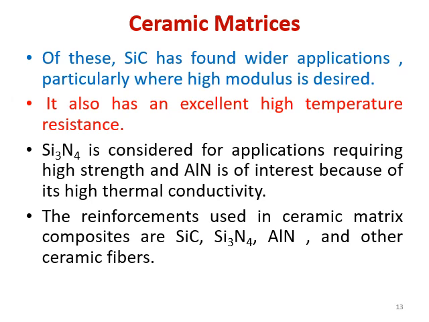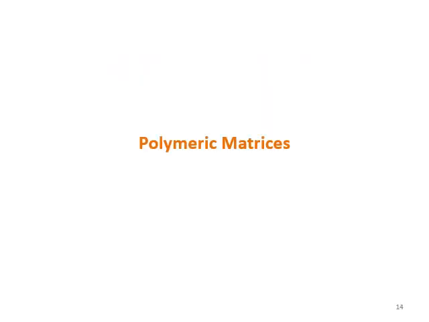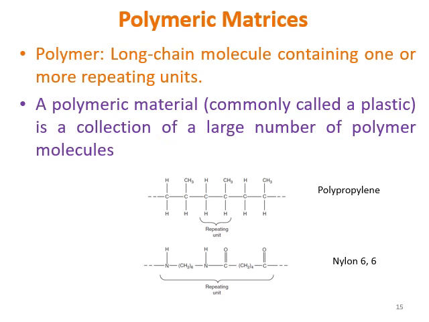So friends, once you have discussed the metal matrices and ceramic matrices, let us now move on to polymeric matrices. Now you know what a polymer is? A polymer is a long chain molecule containing the repeating unit of one or more monomers, right? Now this is polypropylene. So here this is the repeating unit of propylene, and such multiple propylenes are joined together, thereby forming polypropylene, right?